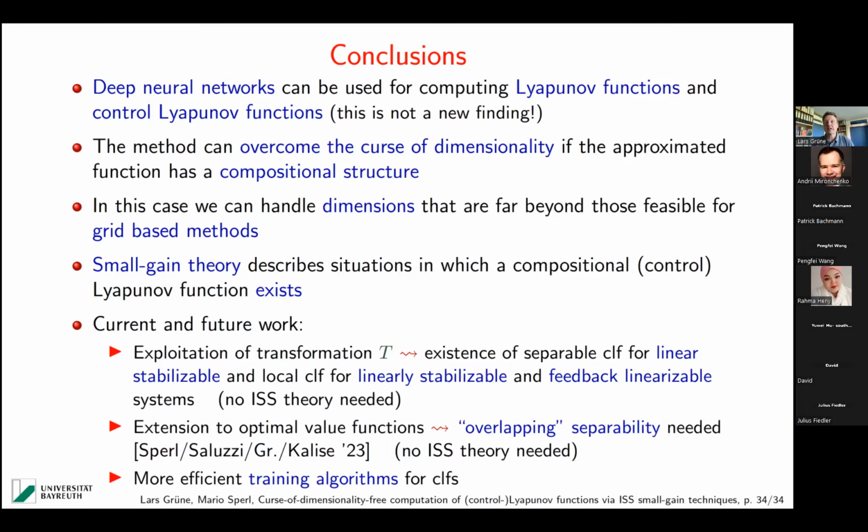It's much different from what I'm used to from numerical analysis from my earlier work, where you usually have schemes that converge very, very reliably and also quite fast. Here you have stochastic methods, you draw samples, sometimes it converges, sometimes it doesn't. And we are really looking, and now also with the help of certain undergraduate students who are doing their thesis and practical internships on that topic, we are looking for more efficient training algorithms. And even though we do not want to go into high-end computation, at least we would like to have a couple of nice examples. And this is what we are working on at the moment.